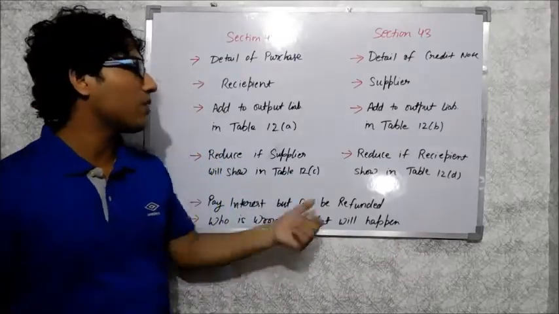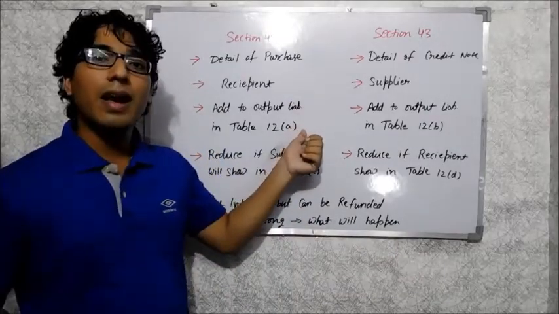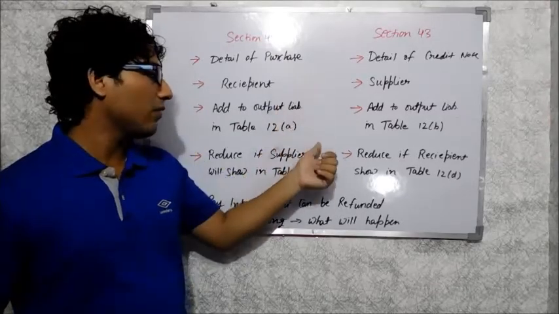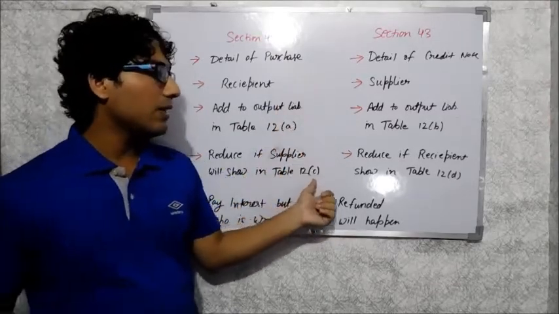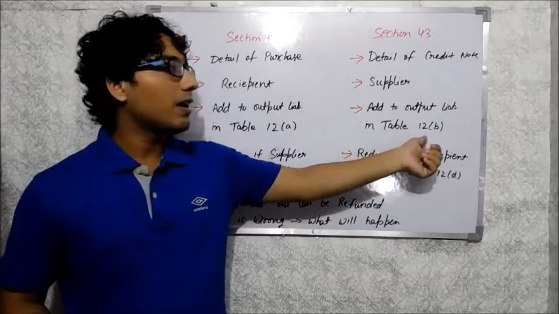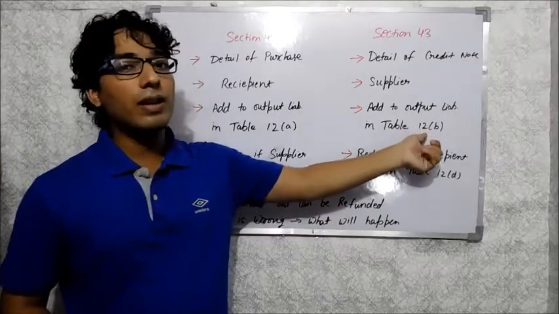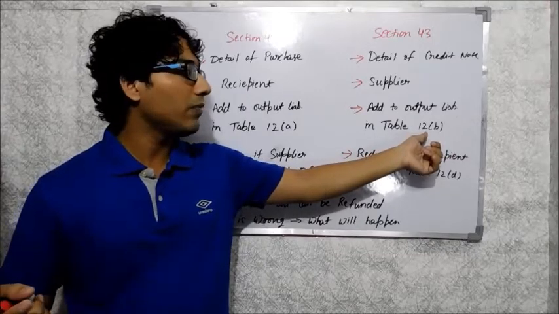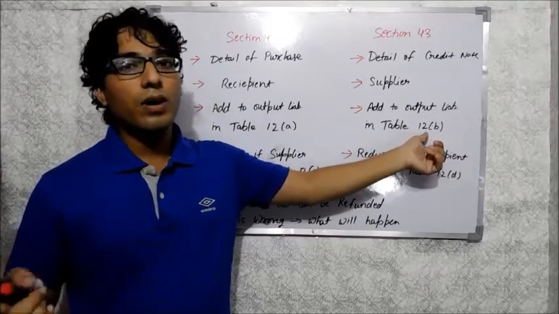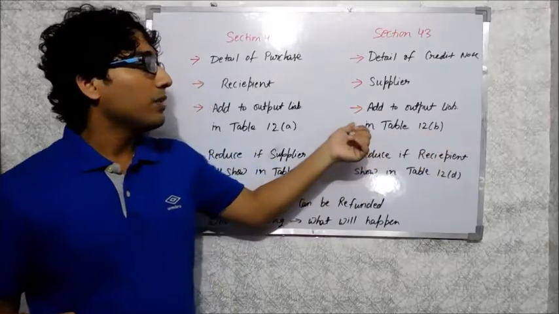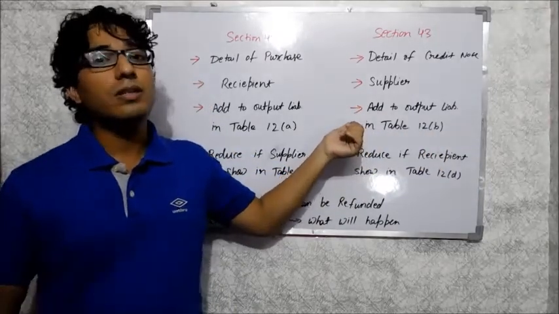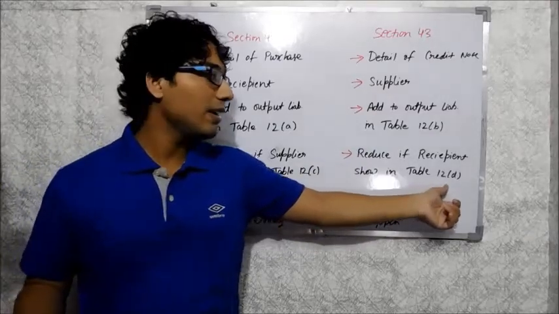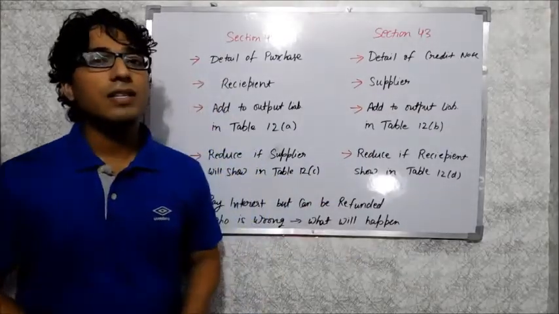So remember how it's going to process. First it will be added, and then when the supplier shows it in his GSTR1, it will be reduced in table number 12C. And when the supplier is showing the credit note but the recipient is not showing it in his GSTR2, then it will be added into 12B of the GSTR2. But when the recipient shows it in his GSTR2, it will again be reduced from the output tax liability in table number 12D of the GSTR2